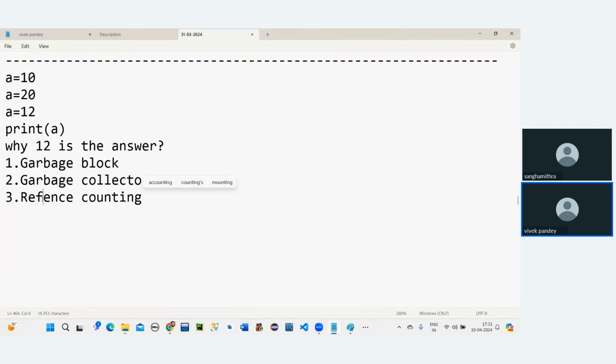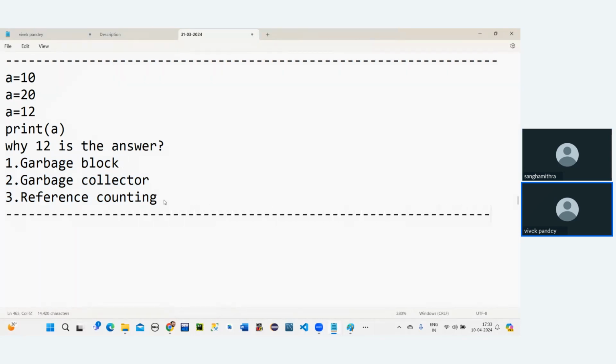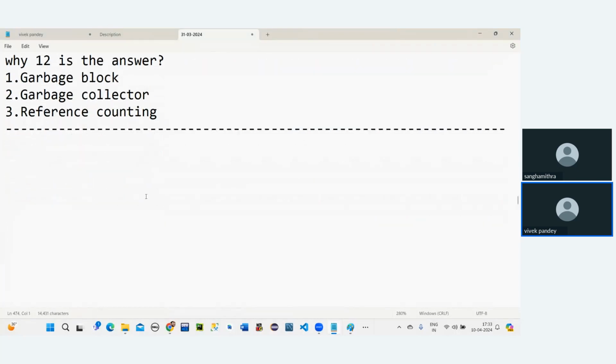We have reference counting here. So now we are going to see each and everything one by one. Let's first understand what the garbage block is. Whenever I'm saying x is equal to 9,